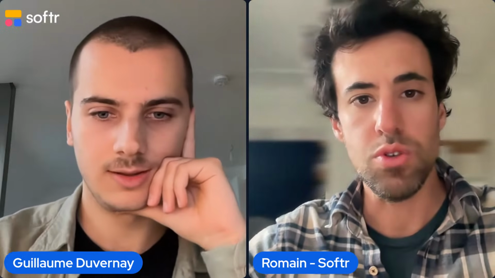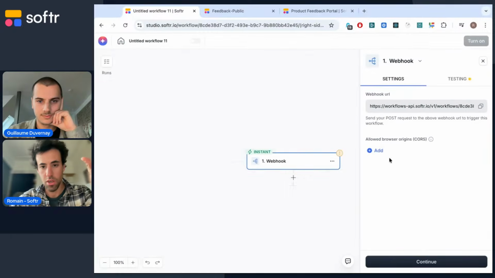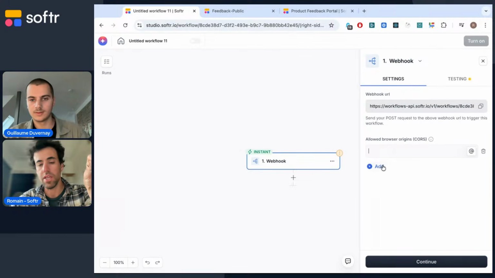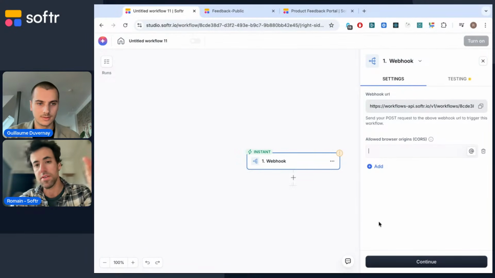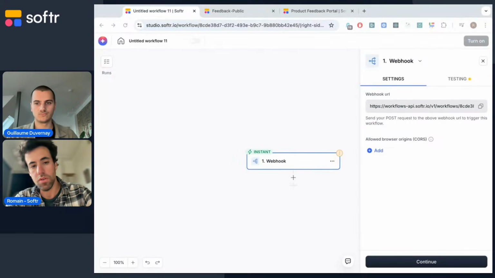I can show you how to restrict the domains that are able to call this API. So you can use CORS restriction here to only allow the domain on which the widget is stored. So that's one. And there are also some limitations if the request takes too much time. So for instance, if you have an AI action that takes a lot of time, we have a limit of 120 seconds. So for long-lasting tasks, it's better to use different approaches. But for example, such as yours, Guillaume, it's completely fine.